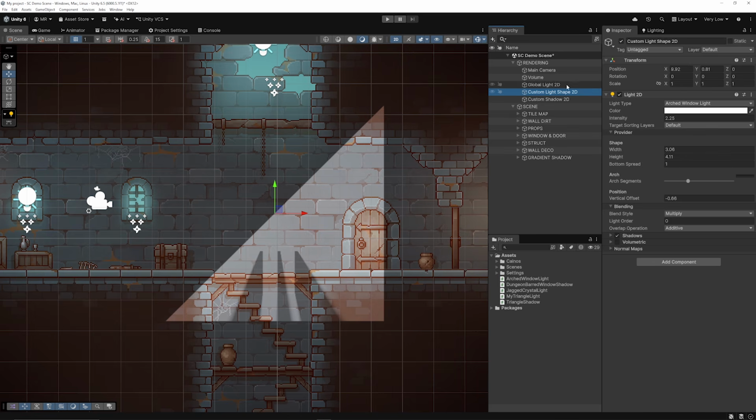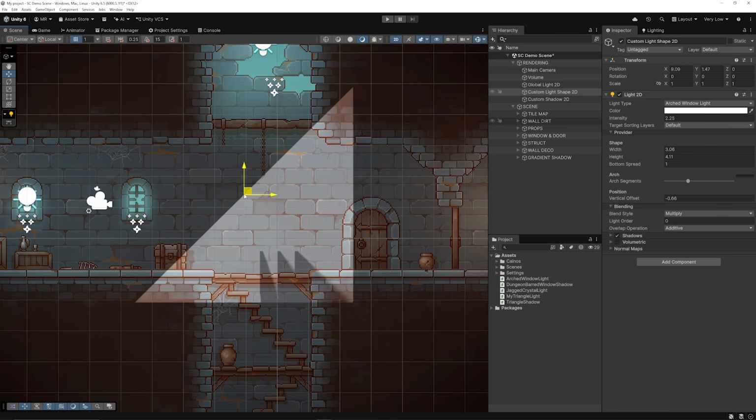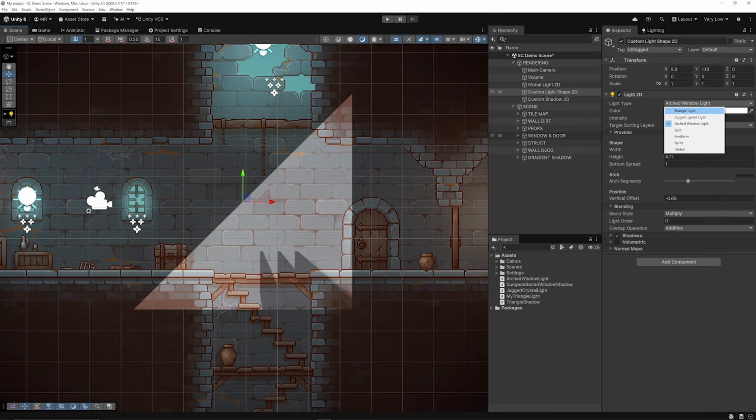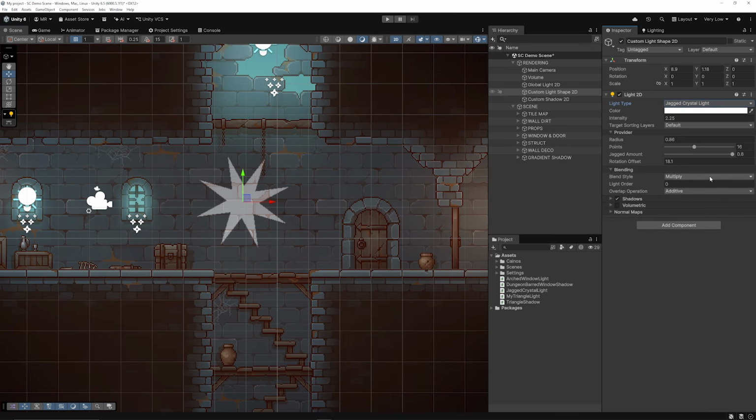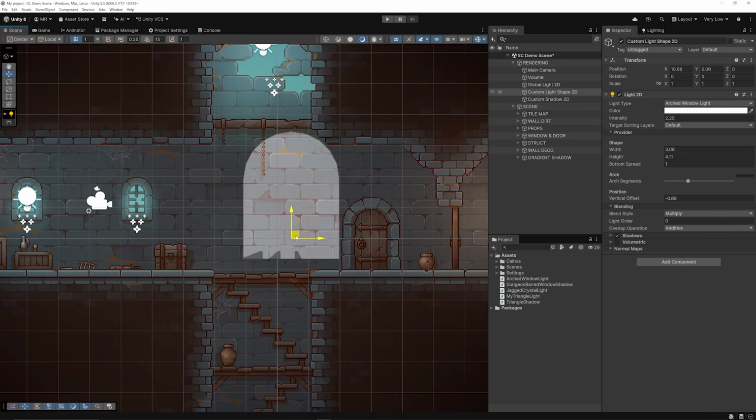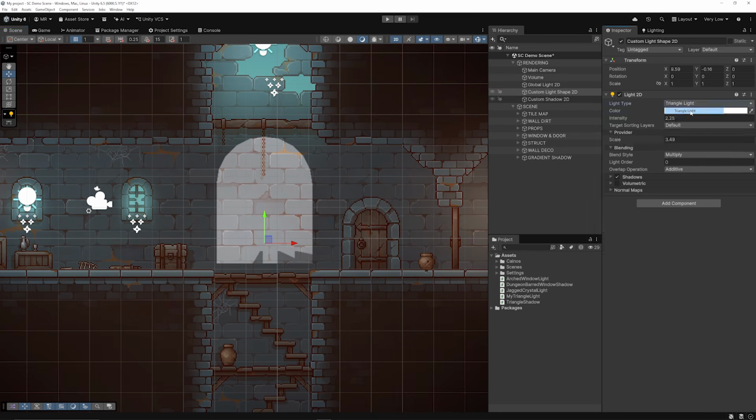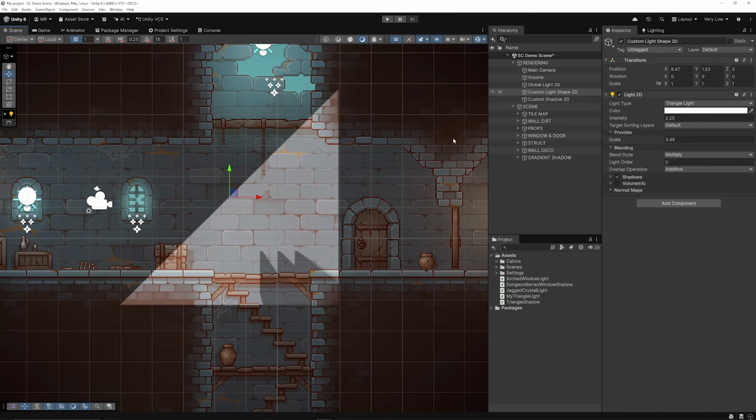In 6.5 you'll find both custom light shapes and custom shadow shapes. As you can see here, I have a custom light shape which is a triangle. On the right hand side on the 2D light, I've got a couple of different examples. I've got a jagged shape which I could even customize to make lots of different shapes, and I've even got something like an arched window shape which you could almost see the light put across somewhere else. Now if I set it back to my triangle, because it was a good example,